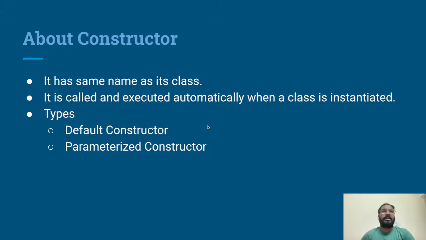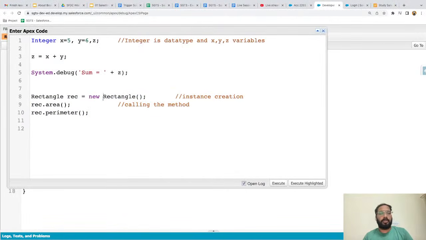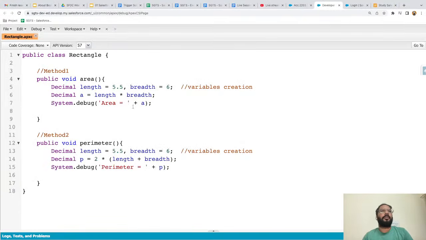So basically, a constructor is also similar to a method, but the difference is the constructor name should always be the same as the class name. It is called and executed automatically when a class is instantiated, right? And we can define two types of constructor, default and parameterized. Okay. Now, if you want to have a constructor in your class, what I am going to do is